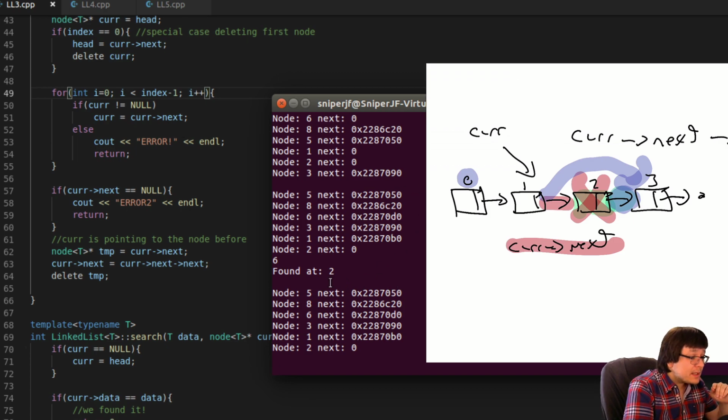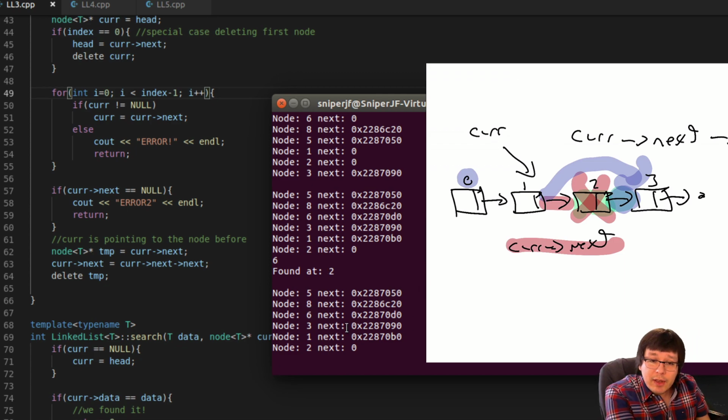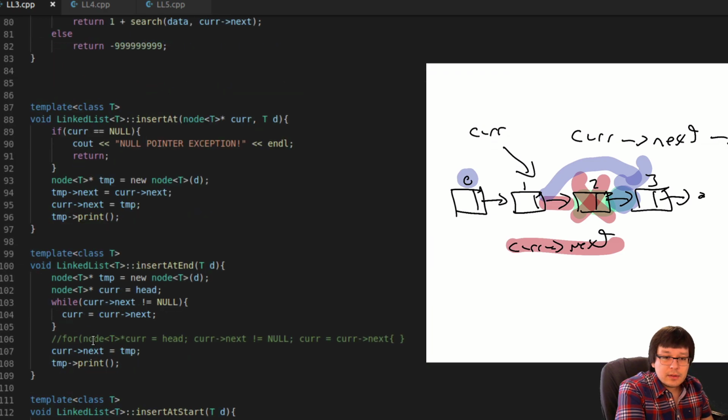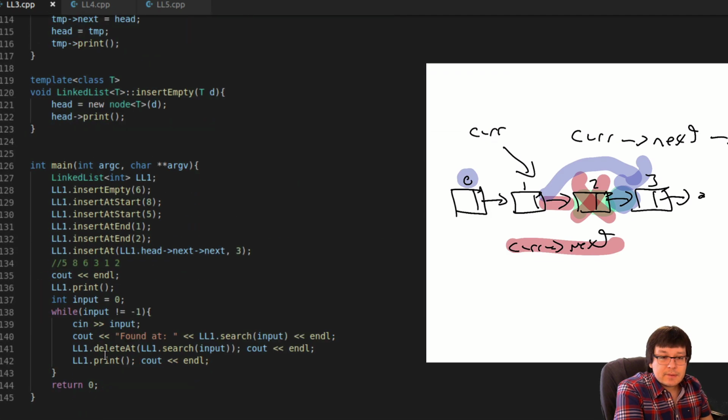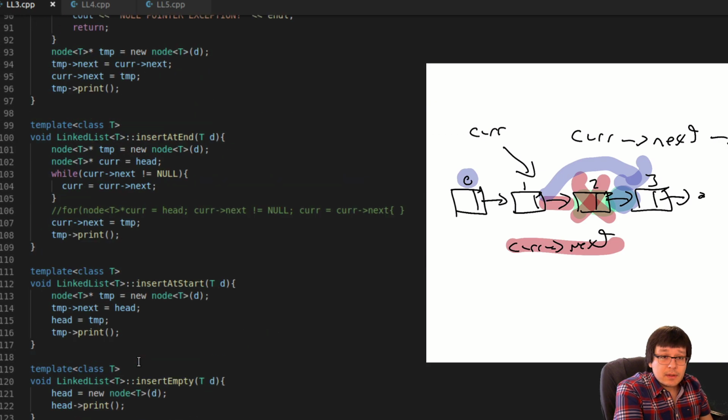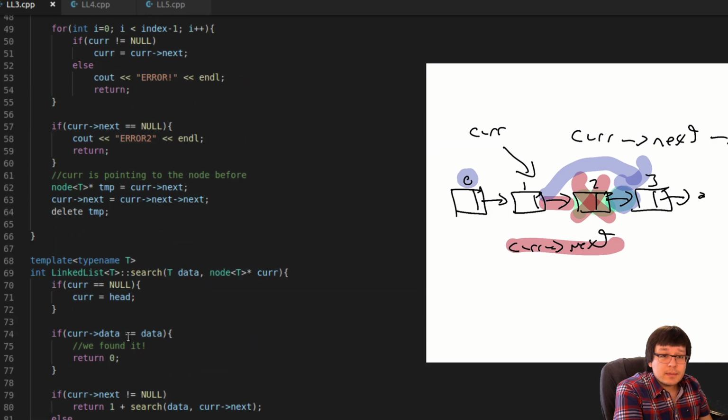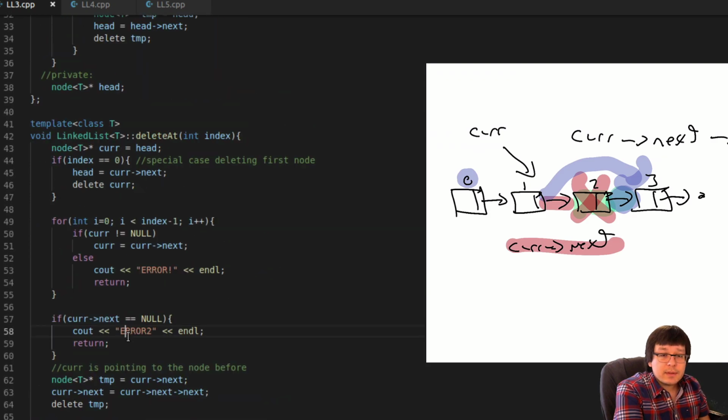Well, it found it. However, it didn't delete it. So that failed. Did it delete anything? I don't think so. Did we still leave the delete call? Delete at. Yeah, we did. So what went wrong with our delete?